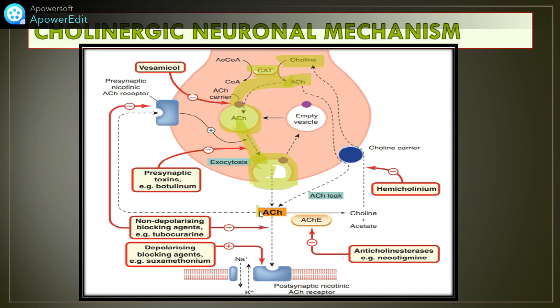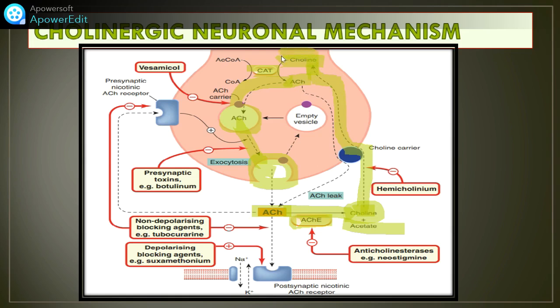So ACH in the synapse is metabolized by the enzyme acetylcholine esterase and it forms choline plus acetate. Then this choline is again taken up by the choline carrier in the neurons and reused